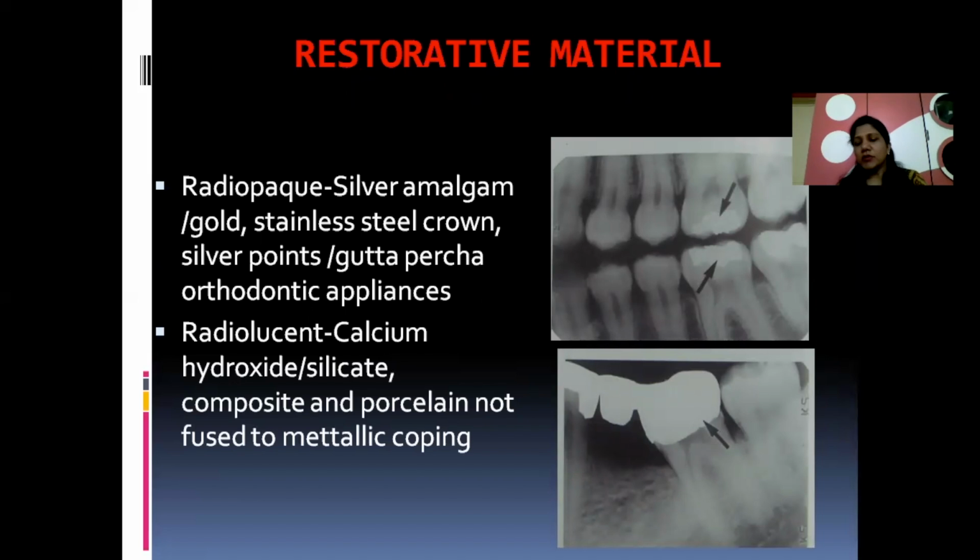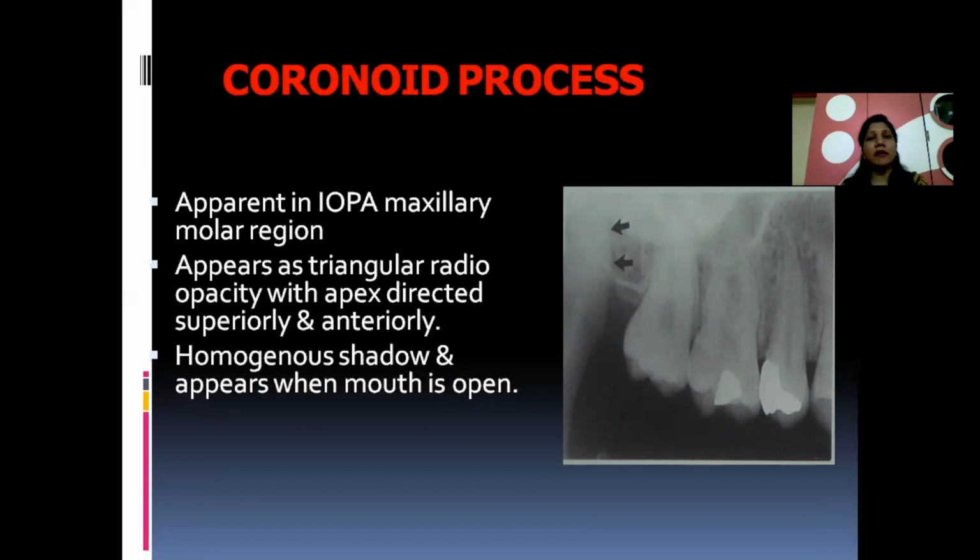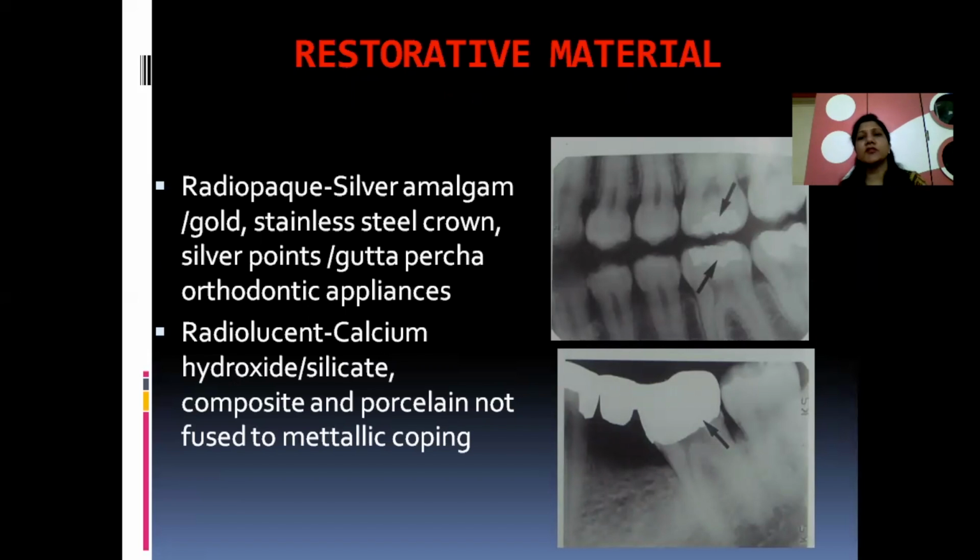Up to this, we have completed the landmark part from anterior to the posterior region. Now there are certain restorative materials, orthodontic materials, and prosthetic materials present in the oral cavity that should be differentiated. The student should be well aware of what treatment is going on, what was there earlier, and what is the recent trend of restorative material or prosthetic appliances.